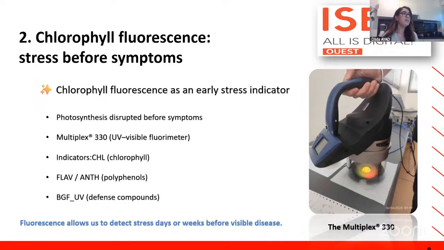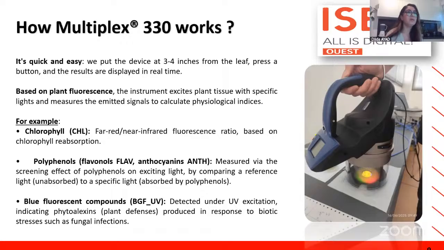Okay, you will say to me, everything is okay. So maybe you will ask me how it works. So I will answer you. It's so easy. We put the device at 3 to 4 inches from the leaf. We press the button and it's magic. Based on plant fluorescence, the instrument excites plant tissue with specific light and measures the emitted signals to easily calculate